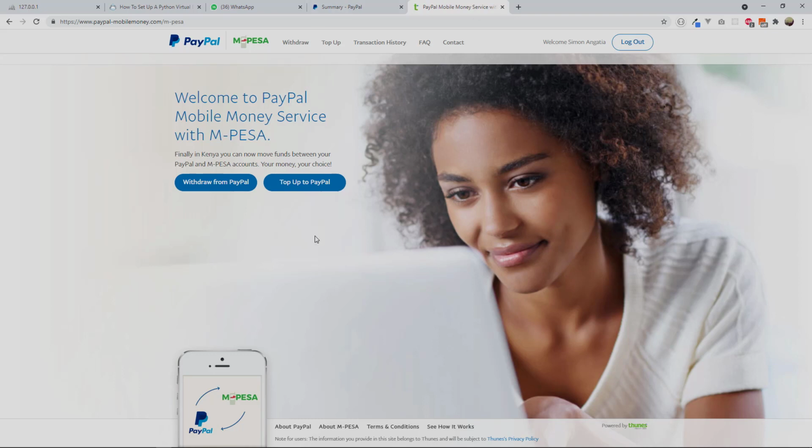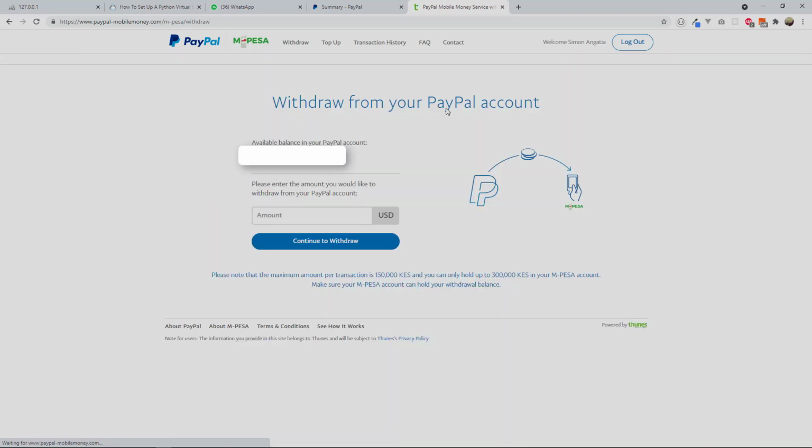So after logging me into this website here, I now have two options: withdraw from PayPal or top up PayPal. So I can send money from my M PESA account to PayPal, or I can withdraw money from my PayPal account to my M PESA account. So I want to withdraw, so I'll just go to withdraw from PayPal. And then after that, it will bring my PayPal balance here, and I have to specify the amount that I want to withdraw to my M PESA